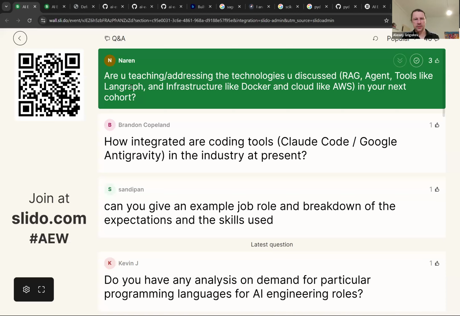And then when it comes to LangGraph and LangChain, I actually added a section about LangChain in this cohort. I do not like this framework at all. But since there is demand, I covered that. I don't like it because it's very big and there are so many levels of abstraction. So it's sometimes very difficult to understand what exactly is happening under the hood when it comes to LangChain.